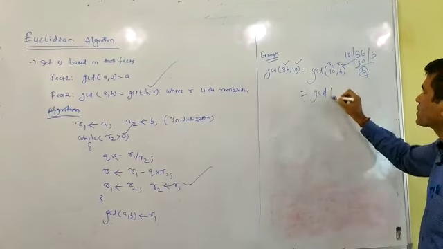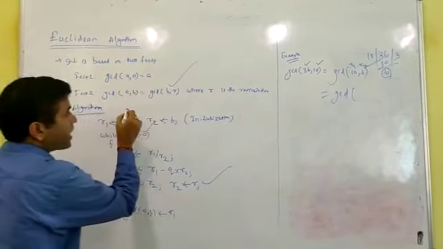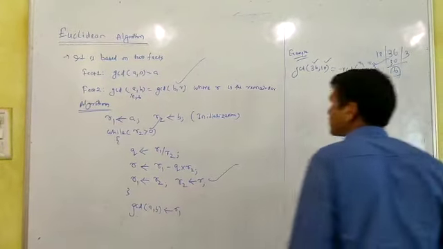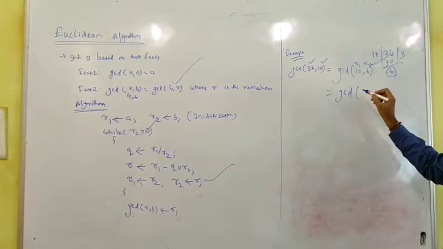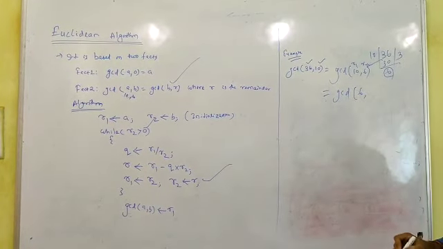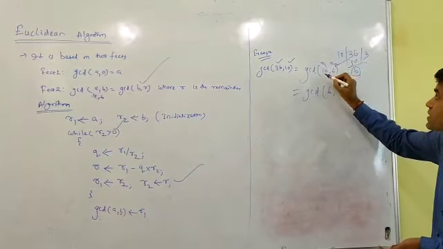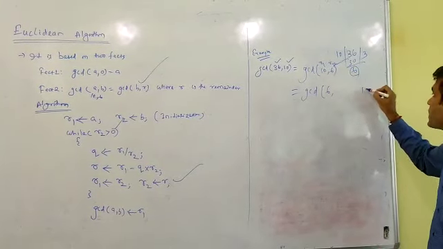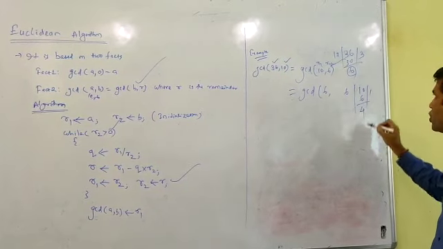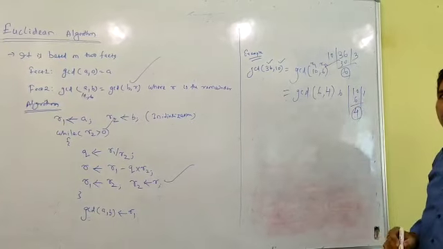So this is the R1. Same concept, you can apply here. For example, this is 10 and this is 6. So how do we do this? It equals GCD of B, B means 6. I can write here 6 comma. Then we have to find out the value of R by using this. So how to do this? 10 divided by 6, so the answer is what? Remainder equals 4. So here I can write 6 comma 4.